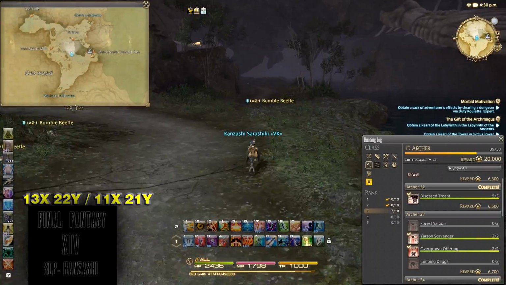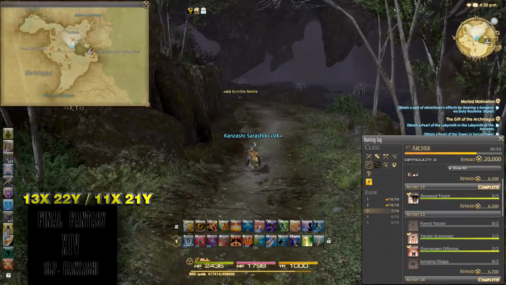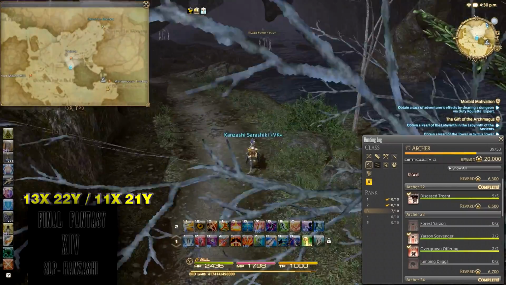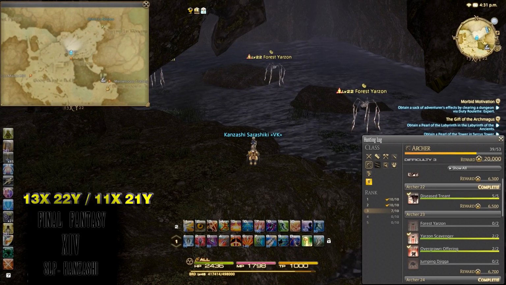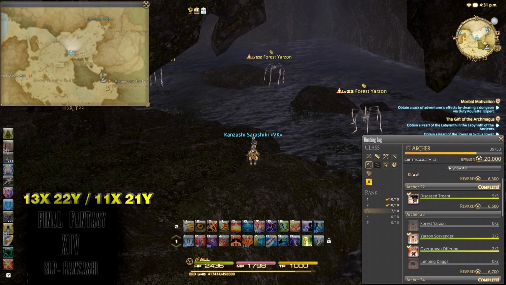Melee class, they don't have any AoEs, it's just going to bite you. So what you want to do is keep the river on your right and follow it until you see them. Fairly straightforward. Right, now the coordinates for them, where the Yarzans begin, is